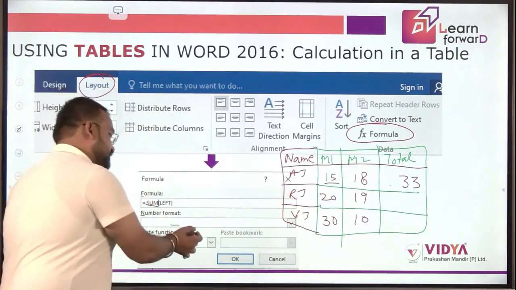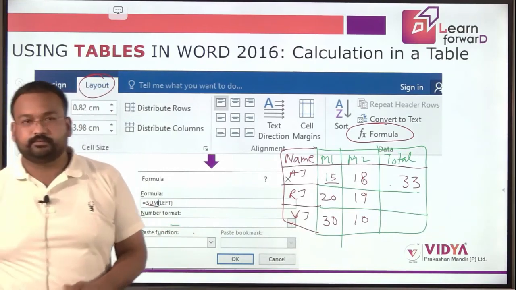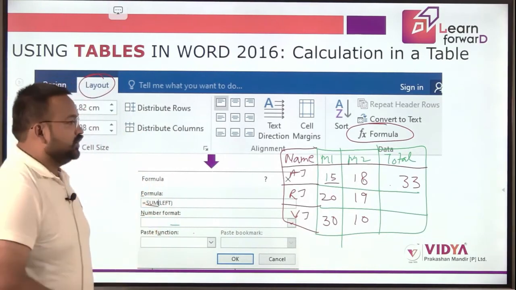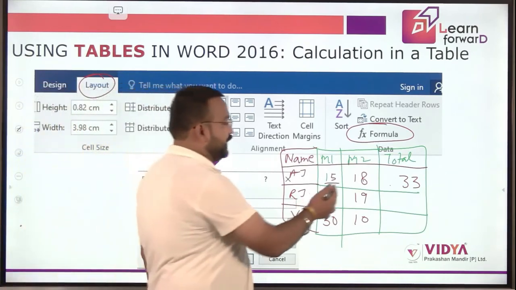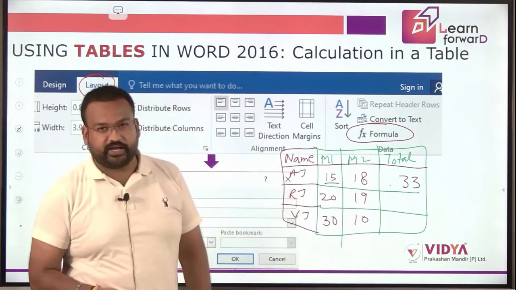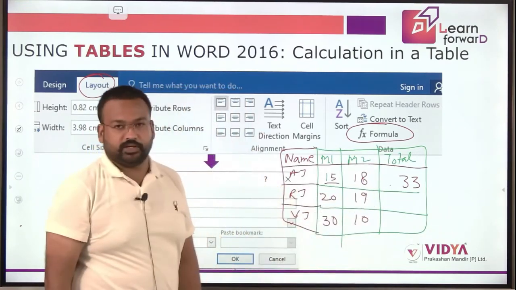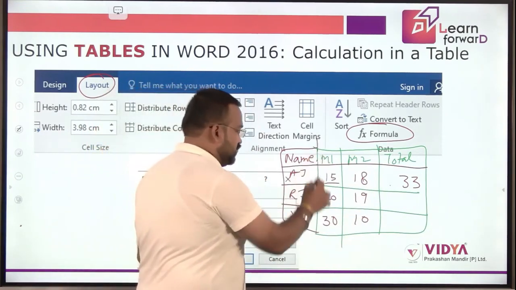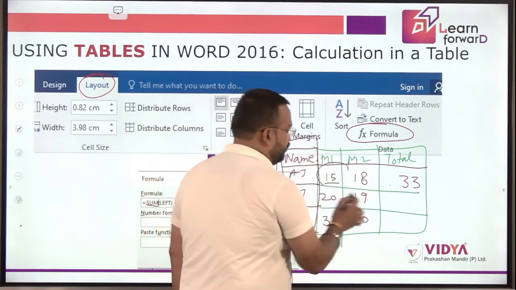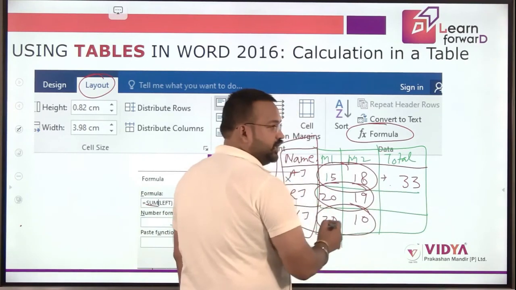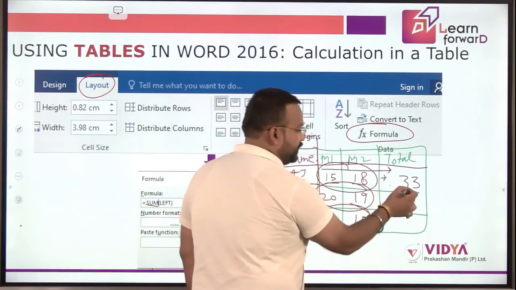And now if I insert this formula, what would happen? Nothing. Whatever numerical values we have on the left side will be summed up. That means this formula will ignore this column and will sum up only these values. We have inserted over here, so the sum of these values will be presented here.